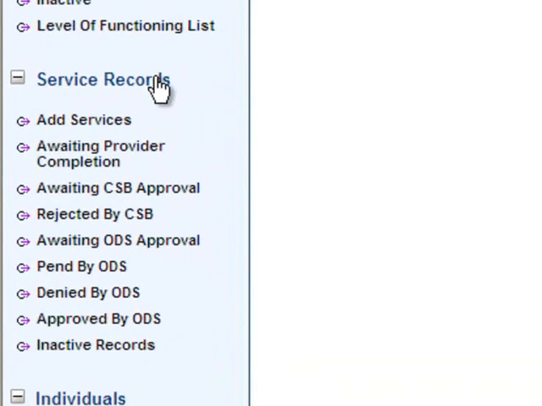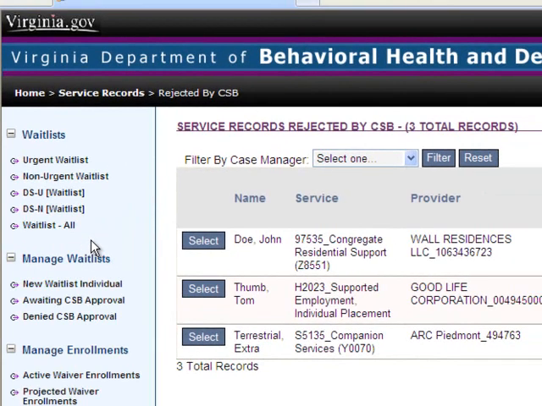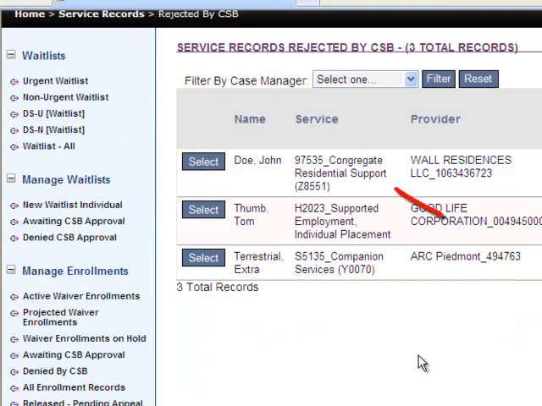Let's take a look again at some of the links under service records. Rejected by CSB would be the link you would go to locate that congregate residential request. Here it is at the top. So we know that we can still go back and look at this until the provider completes it, and this would be the location you would come to view it. You simply would select